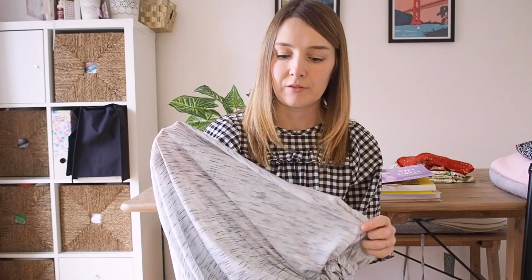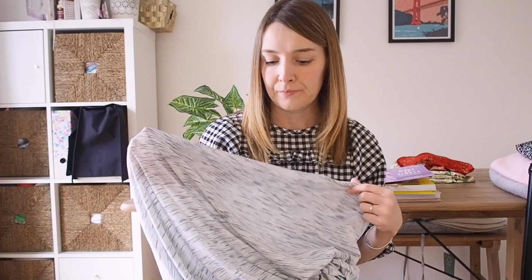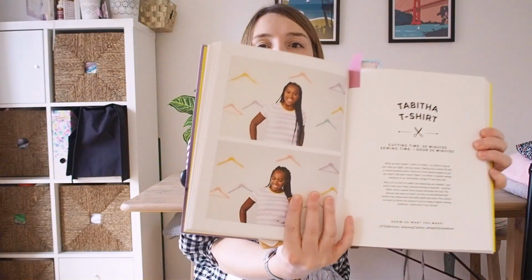So I'm thinking that I'm probably going to make a Billy sweatshirt from this and have it as a long sleeve top. It won't be very warm, but hopefully it will look quite nice in this. And then because that probably won't take all of the fabric, I think I'm going to make another just basic t-shirt from this. So another couple of t-shirt patterns I have my eye on are the Tabitha T-Shirt, which is